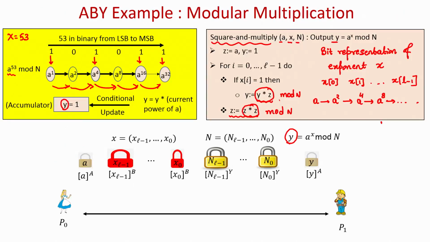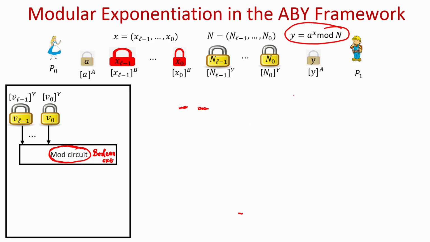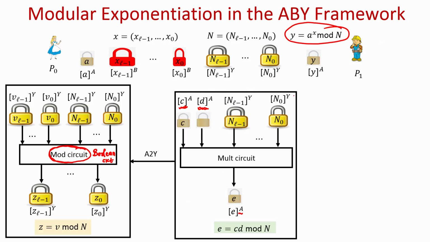So, if we go here, when we are going to perform y into z, that mult circuit will be invoked, and whenever we have z into z, we are going to invoke this mult circuit, and then after that we have a mod n operation. So, to get the effect of mod n done, we will evaluate the mod circuit, but then that will require a switching operation. Why? Because when we perform this mult operation, it will produce the result E in the arithmetic representation, and we have to then compute E modulo n.